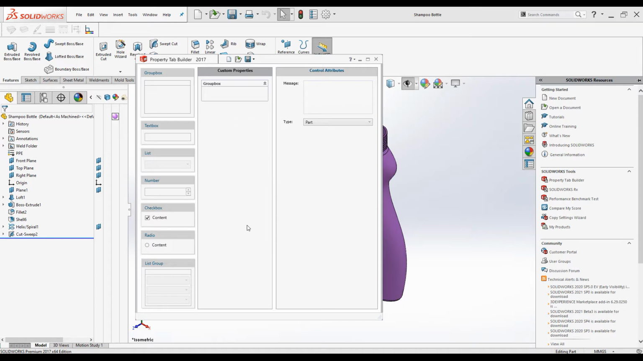So when nothing is highlighted, you can see there are 2 elements that we can control for the part property template. From here you can select the template type. Now we are creating this template for the part, so select part, and we will add a message. This will appear on the top of the interface after we